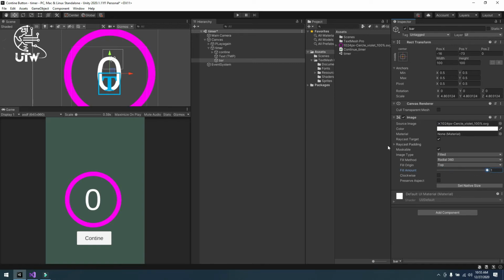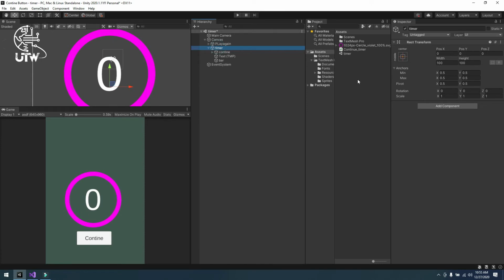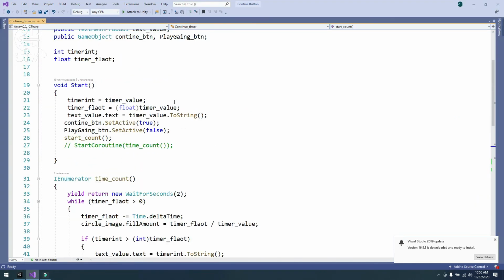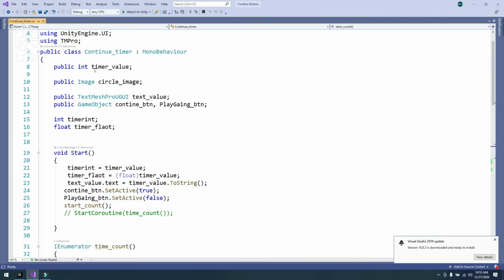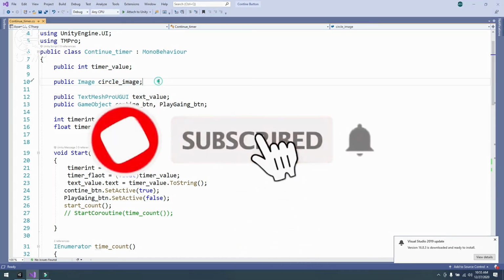Now let's go to the script side. I have created a simple script already. Now simply drag and drop this script. First I will show you how it works. First you have to use these namespaces: using UnityEngine.UI and using TMPro, which is used for TextMesh Pro. Then simply create a public int timer value, a public Image circle image that we have used to show the image.